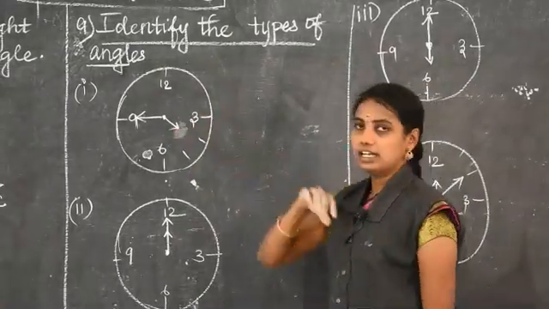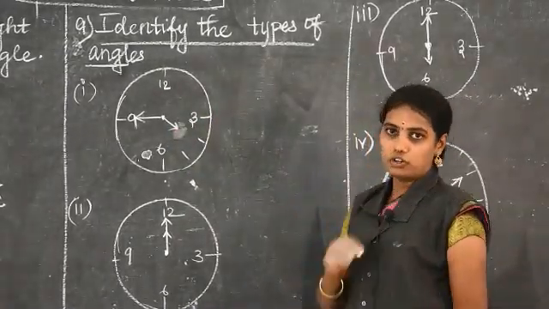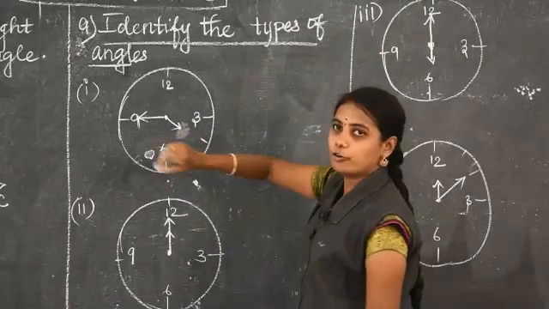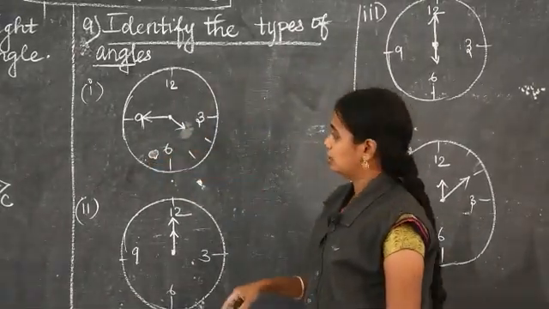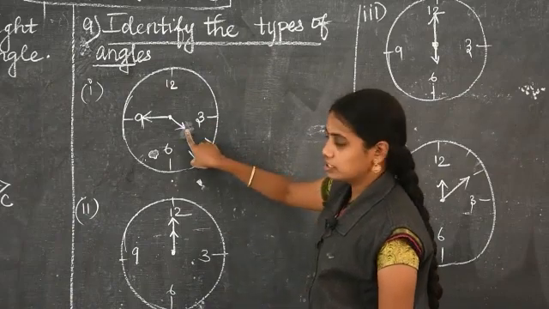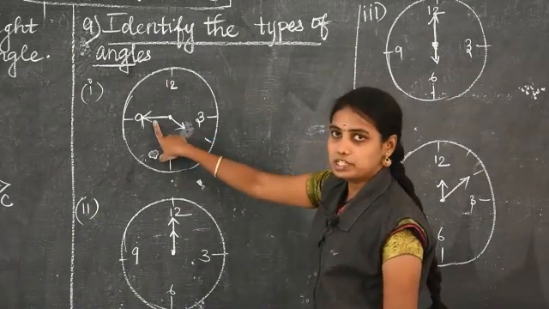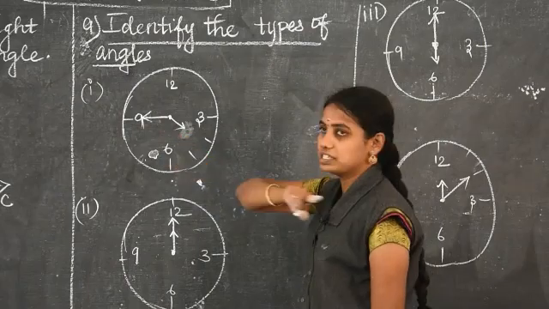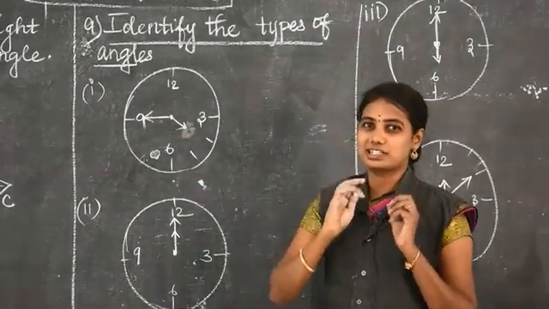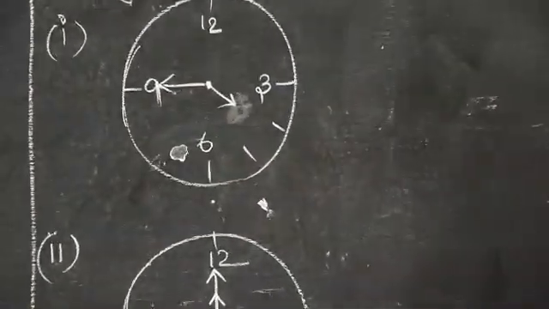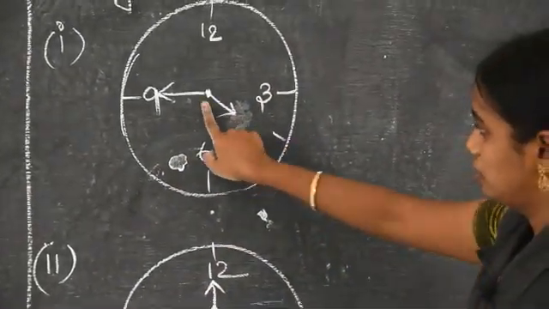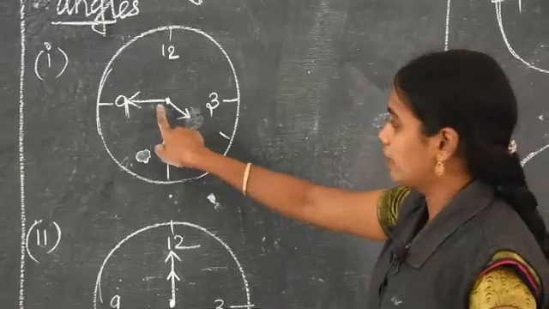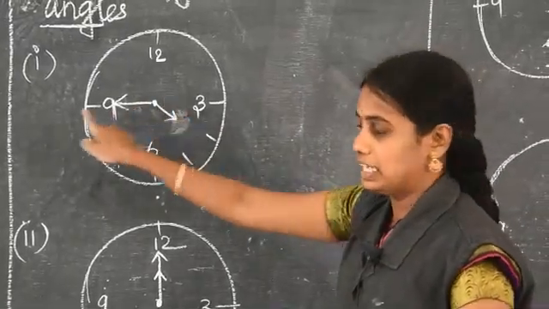Okay, observing the time. Do you all know how to see the time? I hope you all know. Now listen, this is our clock. This is the hour hand and this is the minute hand. Only the hour hand and minute hand we used to see. We won't see the second hand for accurate time. We go for the hour and minute. The smallest one is the hour hand. This is the minute hand, the lengthiest one.